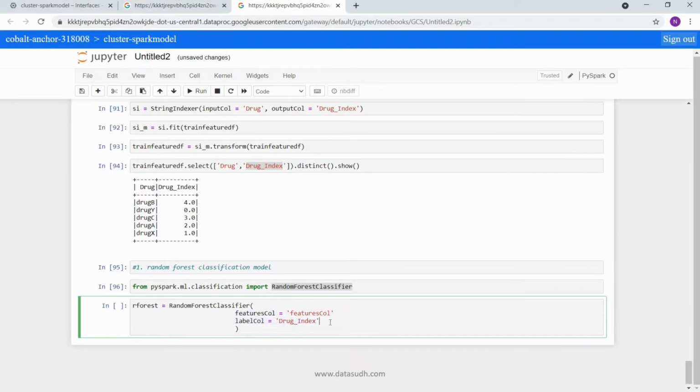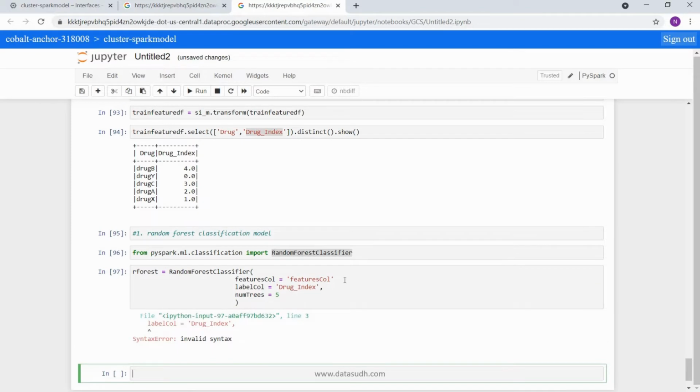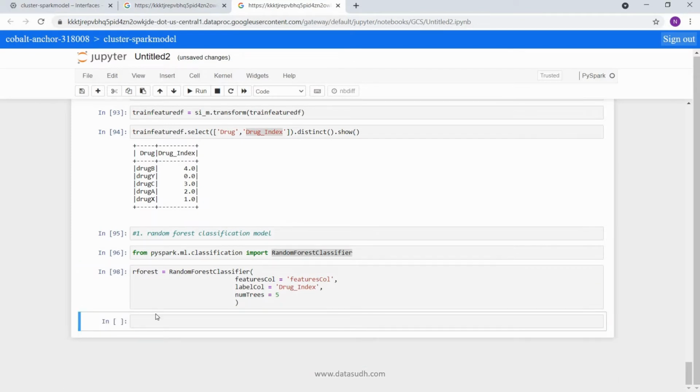Now apart from these two inputs, there are some algorithm-specific inputs as well, which can be provided to train a better model, to hyper tune it or to optimize it. So in the random forest classifier, I am going to define the number of trees equal to 5. Now let's run this. Oh, sorry, I forgot a comma. Okay, this is fine now.